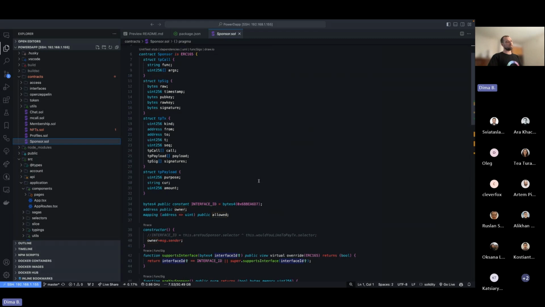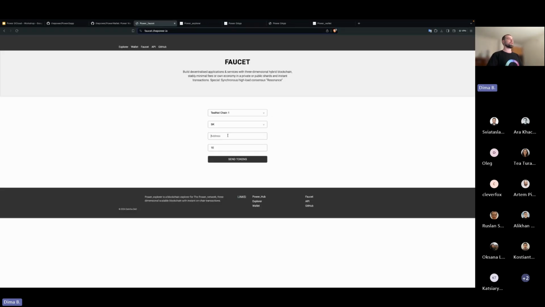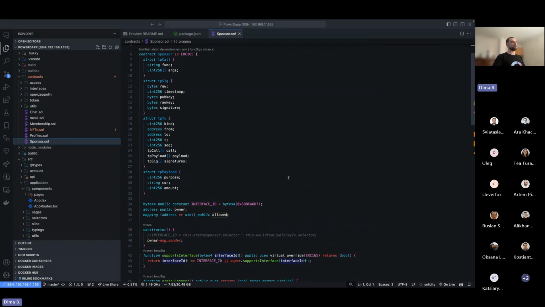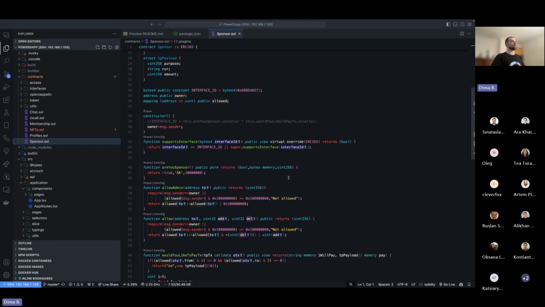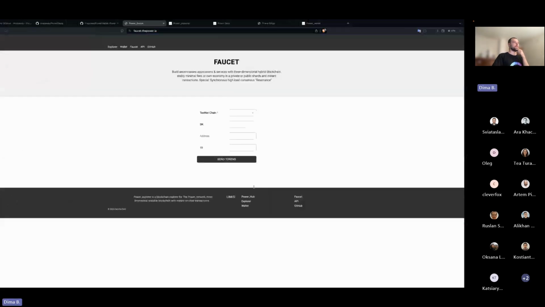For developing, we provide DevNet with free tokens. You can find it here. Just put your address and send tokens. For testnet, it will be switched to mainnet this quarter, and the faucet isn't available. And inside the platform also we have